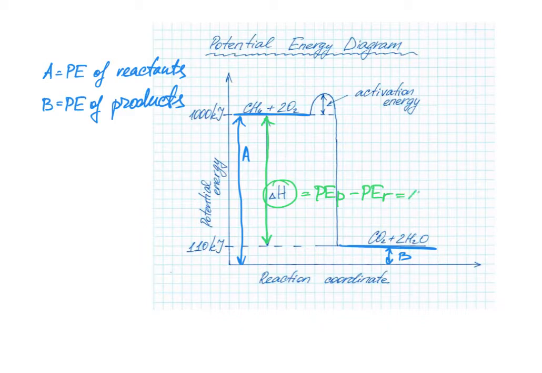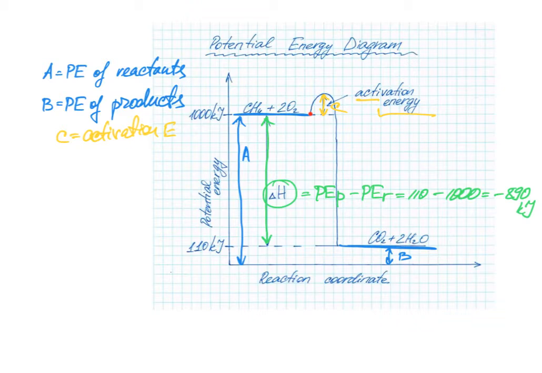So over here it's 110 minus 1000 equals negative 890 kilojoules. And this little bump over here, this length, is the activation energy. So let's call it letter C. The activation energy. The energy that is needed